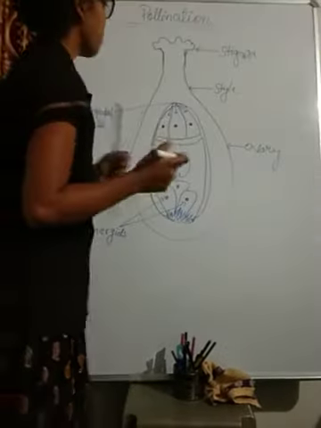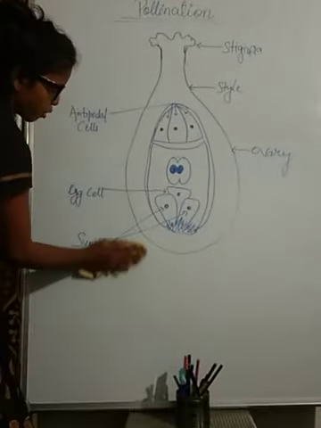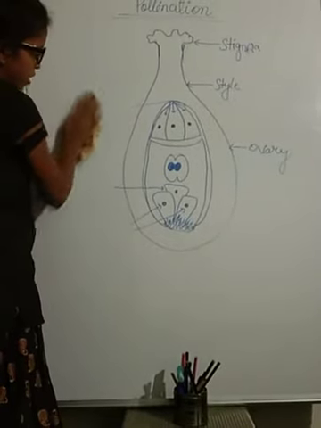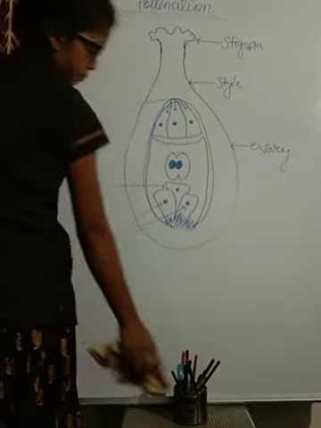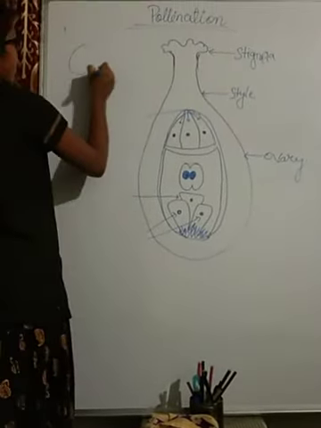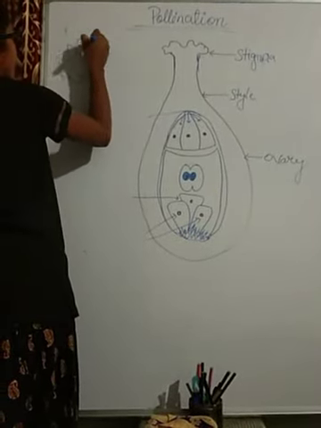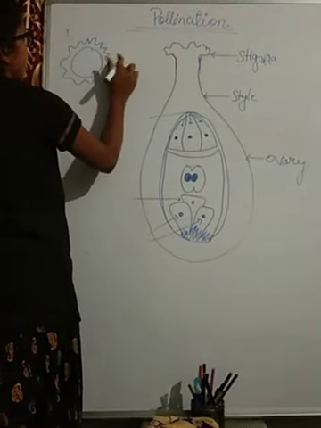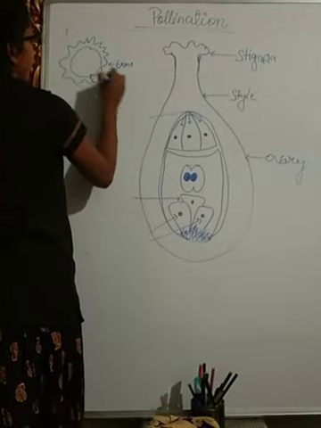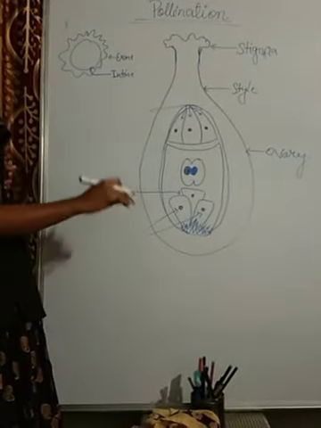Before that, one more thing, students. I have drawn here, although once again I will write, the structure of the pollen. I have told you it is the exine. If you remember, the exine part is there. This is the intine part, which leads to the pollen tube. From here the pollen tube will germinate.